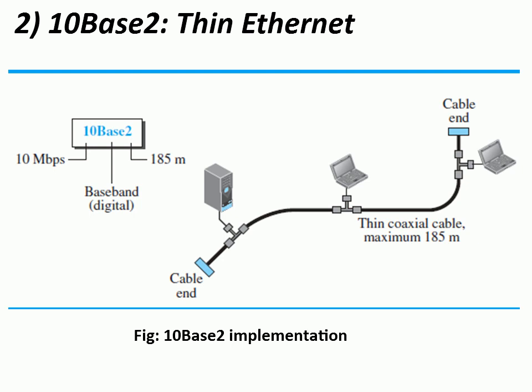And then coming to the connections: in the previous one we had taps, right? The stations were connected to the bus by the taps. But here we are not using the taps. Here, as you can see, the three boxes between the station and cable are the T connections. We can call them T connections. So here we have the T connections, which are cheaper than the taps, right?